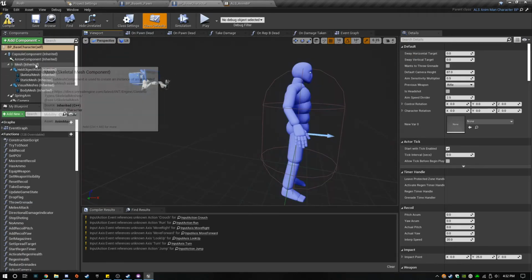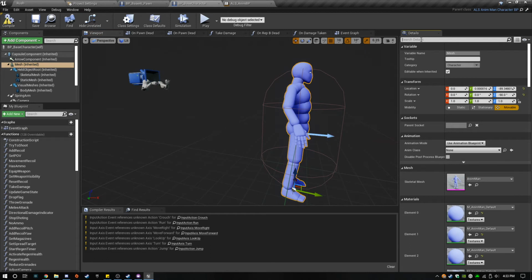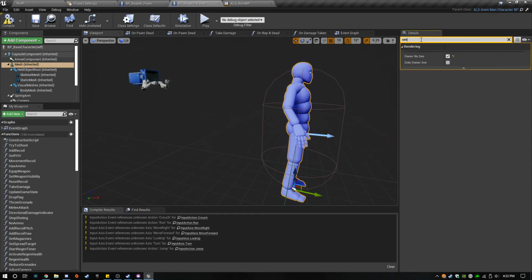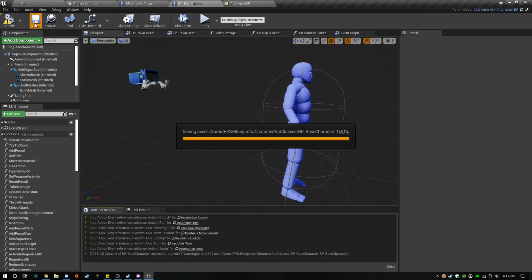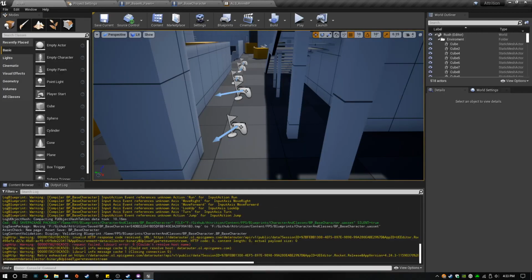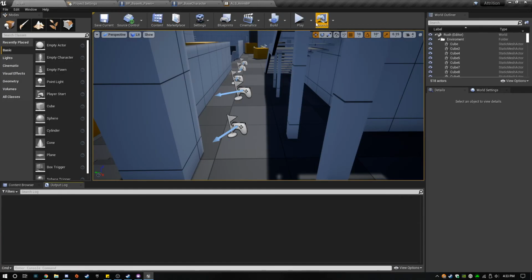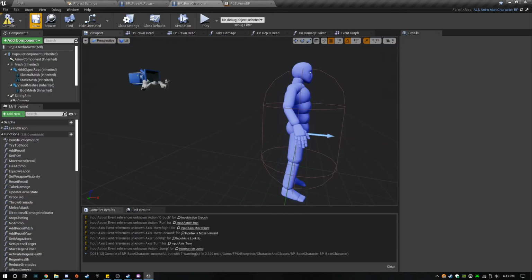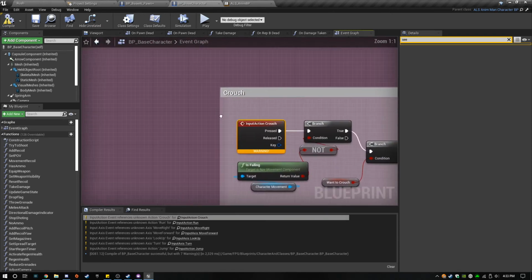Does anyone know why that is? Anyone know what I forgot? We need this off. We want to be able to see our mesh. We're gonna fix these up real quick too.